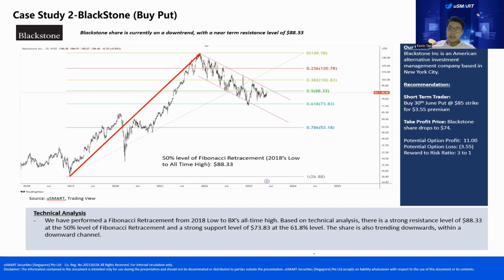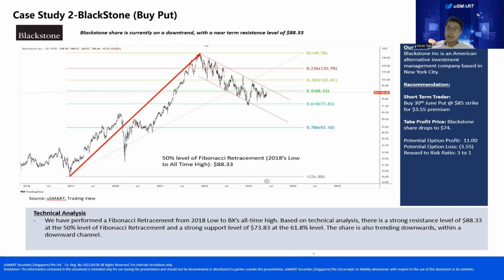And your potential loss is really limited to just the option premium, which is $3.55. So this trade setup itself actually represented a reward to risk ratio of 3-1. And that's why we believed back then that this is an attractive opportunity for investors who are bearish against Blackstone